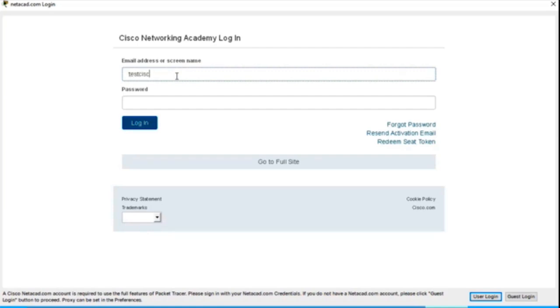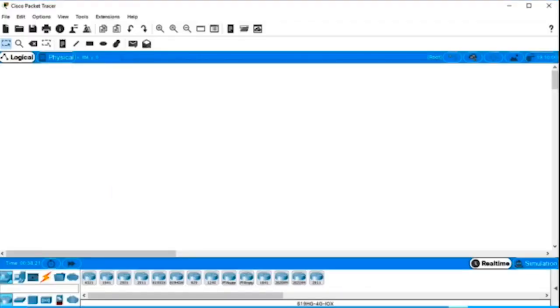For me, I'll put in mine, followed by my correct password for Netacad. From there, I can click Login, and this will then bring up Cisco Packet Tracer. Now that we have successfully authenticated, Cisco Packet Tracer opens up,